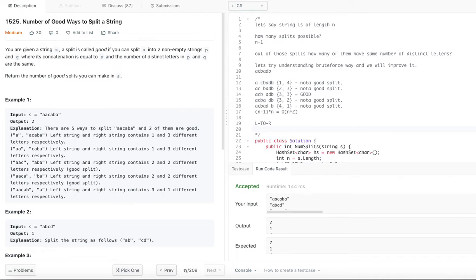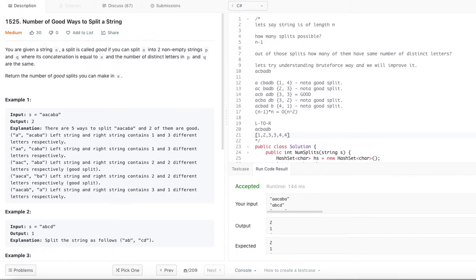So how are we going to do it? We will keep a counts array. So A, C, B, A, D, B, let me put it right here. When you are at A, we saw only one distinct character, good, put 1 here. A, C, we saw 2 distinct characters. A, C, B, we saw 3 distinct characters now. A, C, B, A, we still saw only 3, even though there are 4 characters. Again A, C, B, A, D, so we saw 4. A, C, B, A, D, B, we still saw 4.